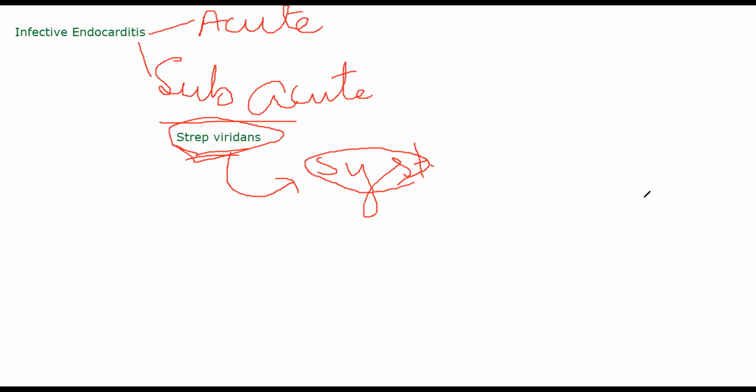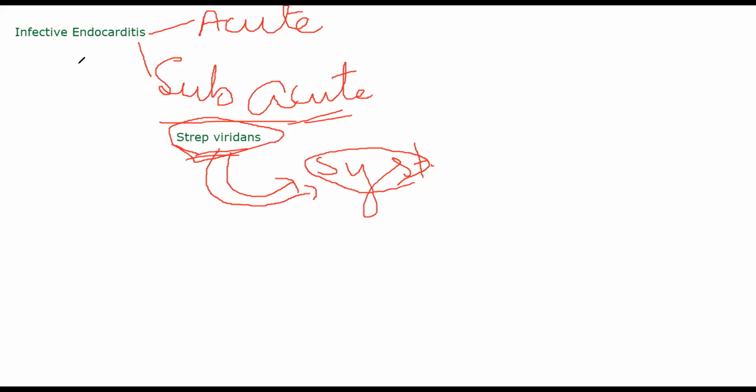Whenever the person is susceptible in all those conditions that I told you, this fellow can cause a systemic infection where it will reach your heart and cause infective endocarditis. It can go to other places as well, but it will specifically like to stay in your heart and cause endocarditis. That is the subacute type. That is one example through which you can get subacute. There are other organisms as well, we'll discuss them shortly, but that is one way.